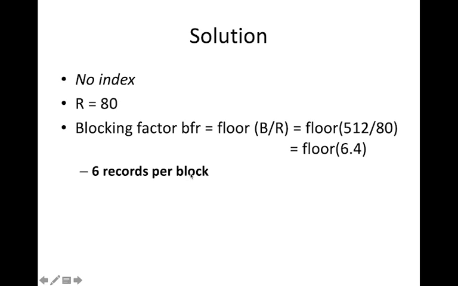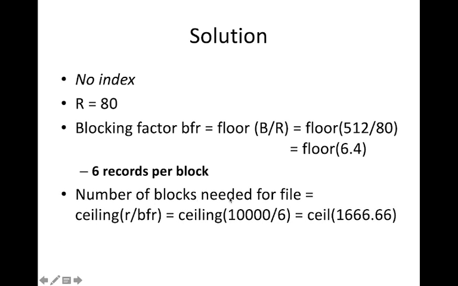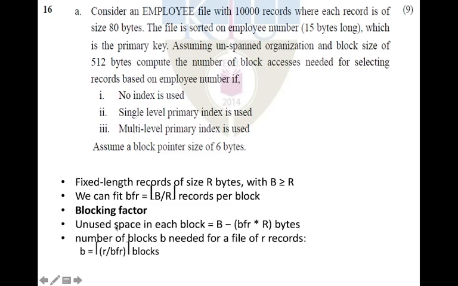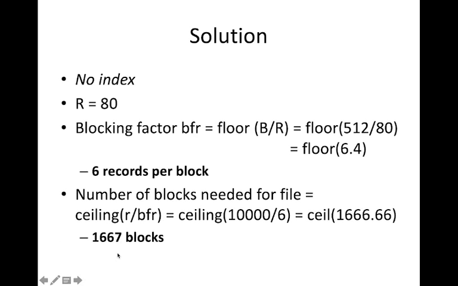Now what do we have to calculate? We have to calculate the total number of blocks required. The number of blocks needed for the file is given by this formula, ceiling of r by BFR. Small r denotes the number of records in the file, which is 10,000. And BFR we have already calculated, it is 6. So 10,000 by 6,